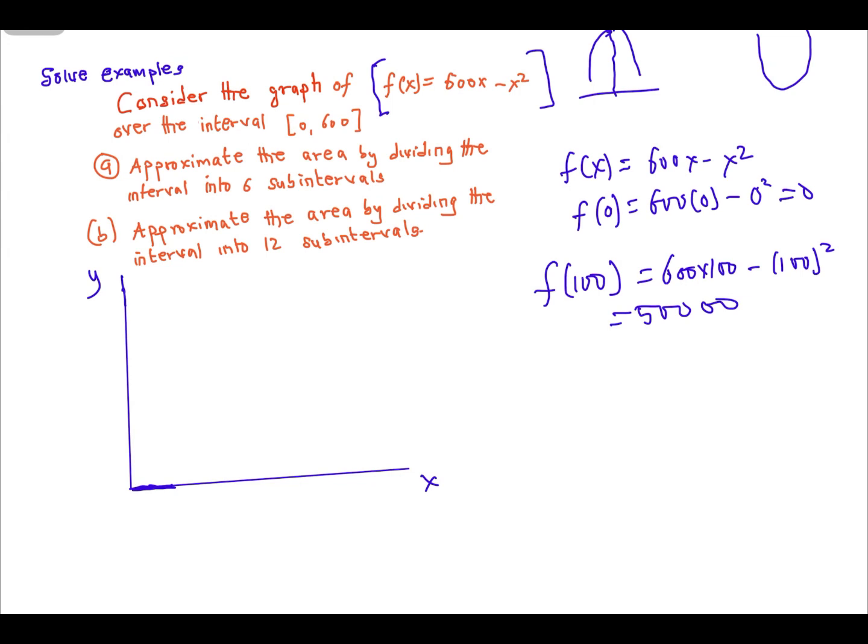And then f of the next interval, it's f of 200. Because from 0 to 100, 200, f of 200 is equal to 600 times 200 minus 200 squared. And at the end of the day, you are supposed to get 80,000,